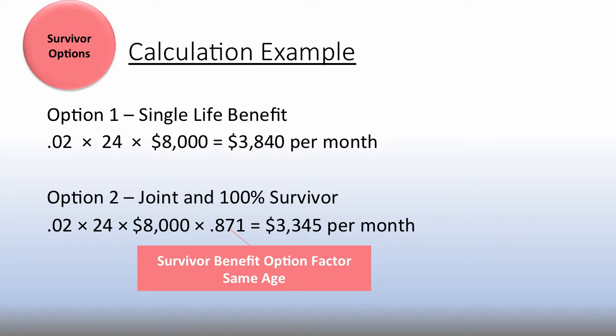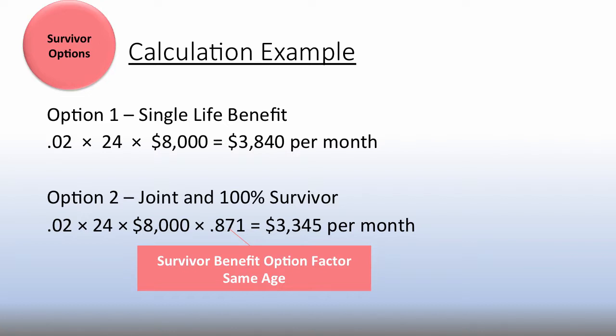All I do is I add that into the computation. So what that's really saying is that you can look at it either I'm getting 87% of my benefit or I'm taking a 13% reduction. Now these aren't linear by any means. That's why you can see there's a very extensive table involved.